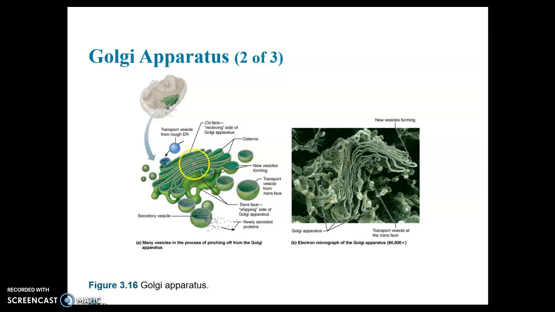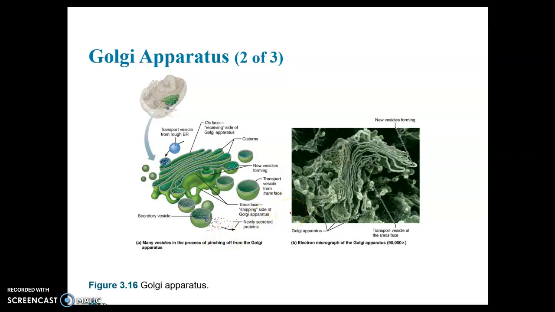And you can see how this happens here in this image. So you have the rough ER pinches off a vesicle that contains its product. So here's the transport vesicle from the rough ER, fusing with the Golgi apparatus and releasing its product inside. And then the product is modified, sorted, tagged, all kinds of stuff happens to it, but it's changed a little bit. And then you can see here where vesicles pinch off from the opposite side